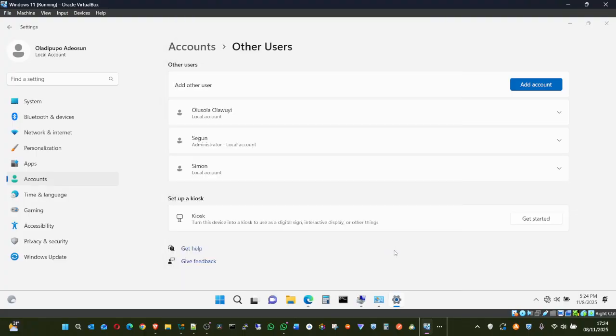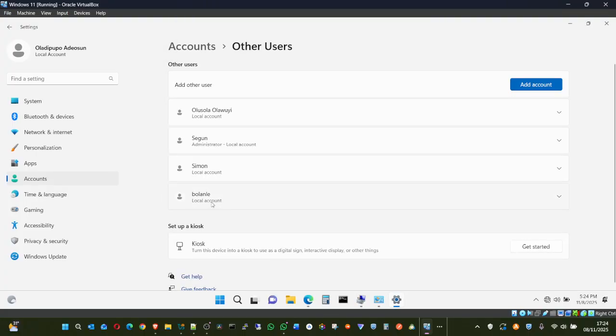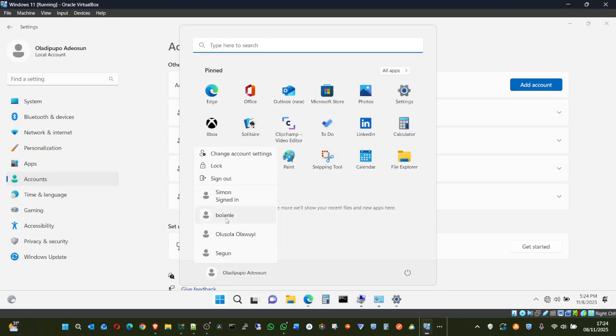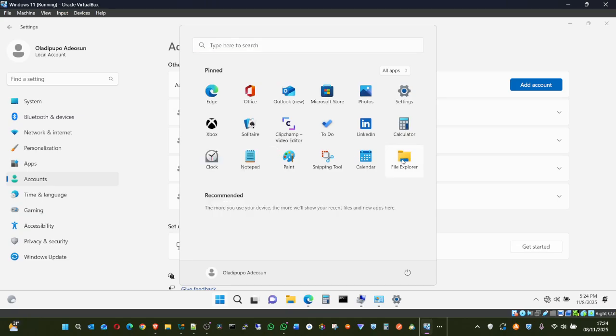Click on next, and boom, we've also added Bolanle. So if I come here now, if I click here that I want to switch user, I will see Bolanle here as well too. And from the file explorer, you will see that Bolanle has not been created in the file explorer until she logs in.